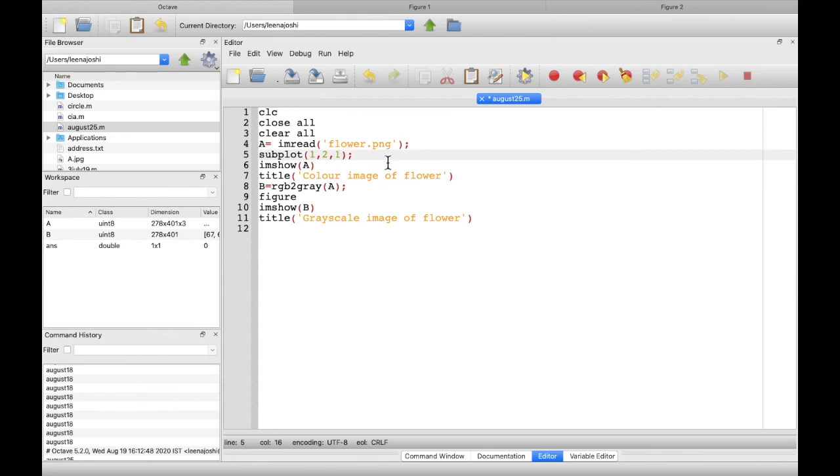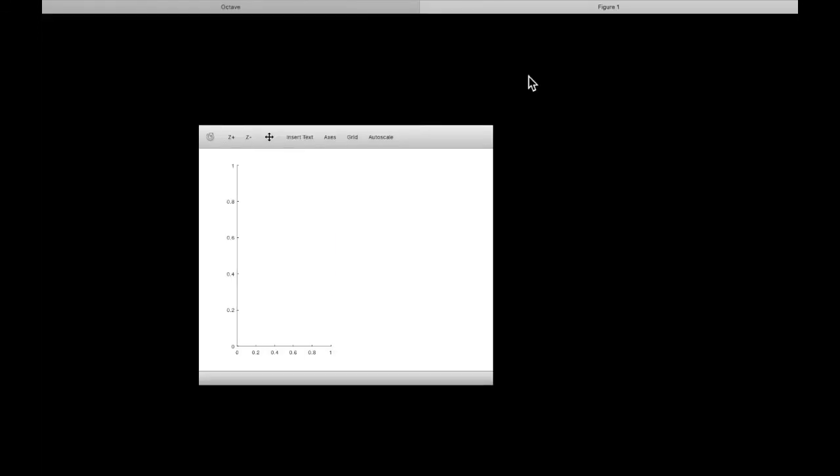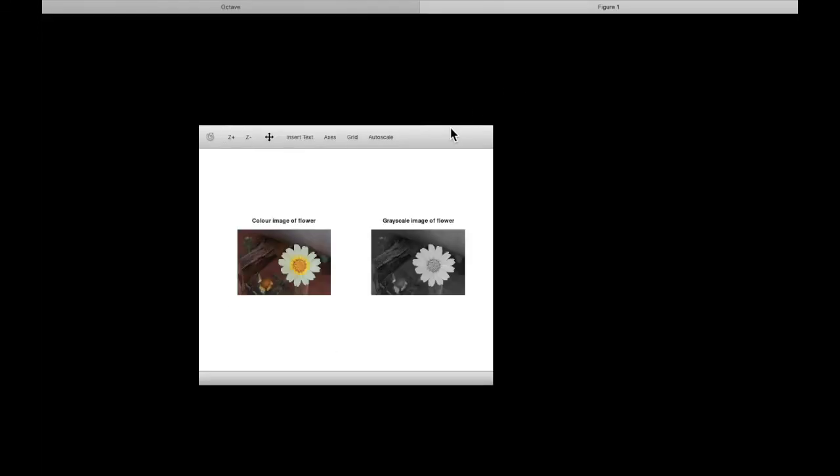So 1, and I want image B to be there in second position. Now I don't want this figure command because now it will be just in a single window. Now let us run it. Okay. So now you can see we have two images side by side. This is at first position, this is at second.